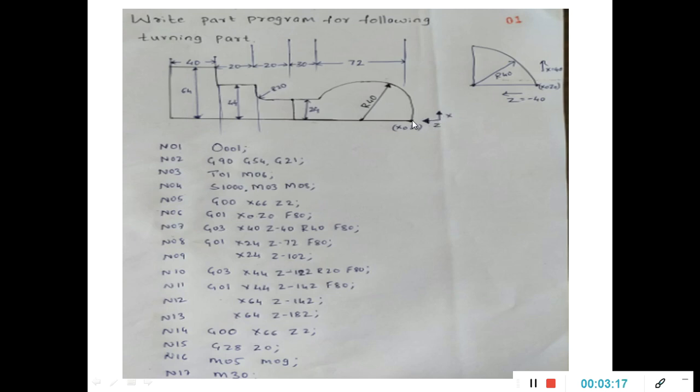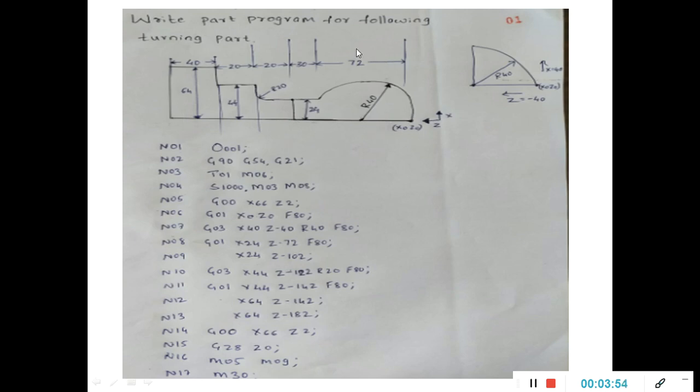Whenever you write the part program for any turning part, the extreme end of the work part should be taken as the reference point, as 0, 0. So this particular point is x0, z0. If you are moving upwards, that is the x value, and if you are moving in this direction, these values 72, 30, 20, 22 are the z values. As these are in this direction, in the second quadrant, these are minus values. Z is a minus value. Hope you are understanding.